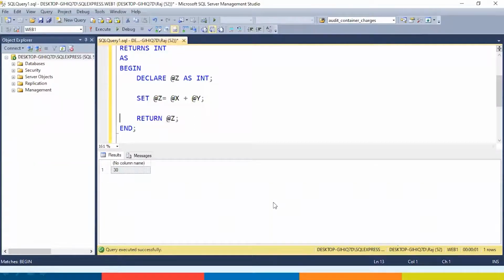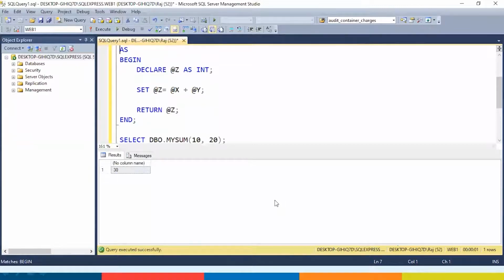Declare is a keyword to declare a variable, so declare @z as int creates a variable z. Then set @z is equal to @x plus @y: we add the two numbers provided by the user, in variables x and y, and assign the result to the variable z. And finally, return @z returns the value of the variable z. So this is how a function works.